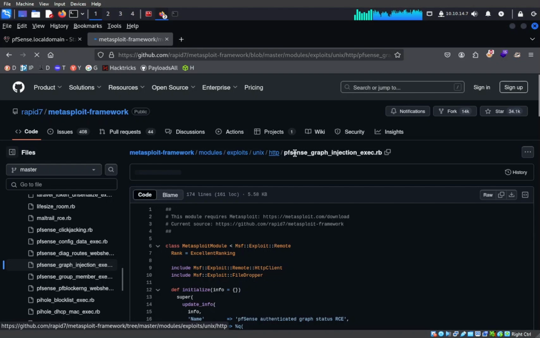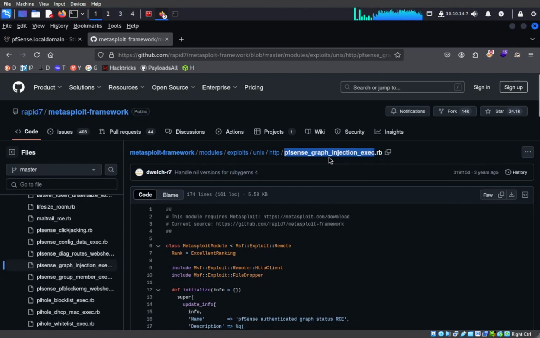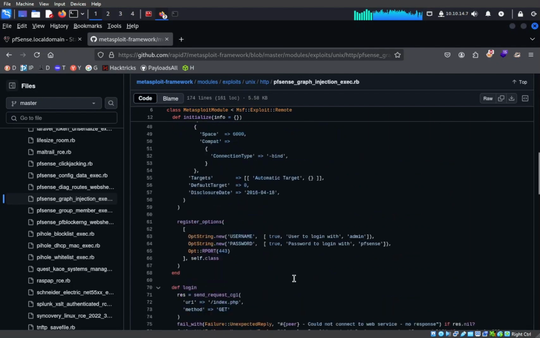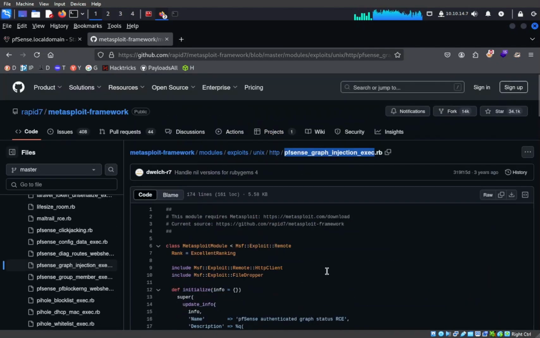So this is the module we're gonna use to exploit the machine. And this is the whole code if you're interested. I'm not a coder at all, but at some point in my career, I have to learn how to code and code well. Anyway,